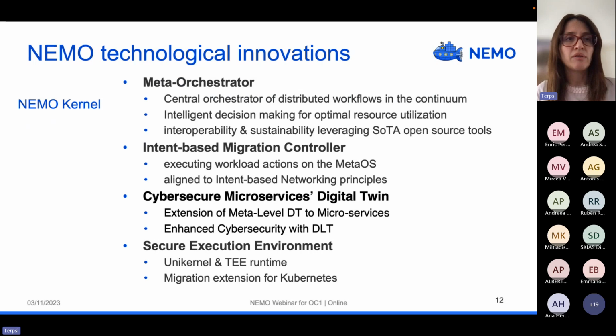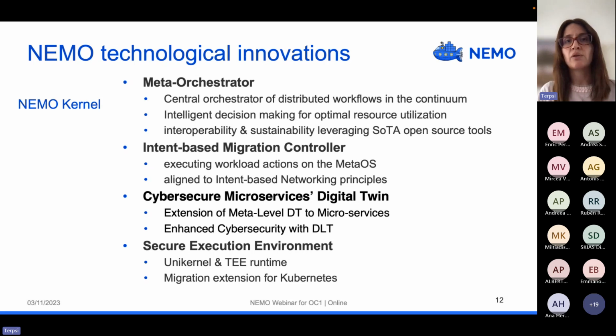The core part of our development is within the NEMO kernel. This includes the meta orchestrator, the intent-based migration controller, the cybersecure microservices digital twin, and also a secure execution environment for the NEMO workloads.